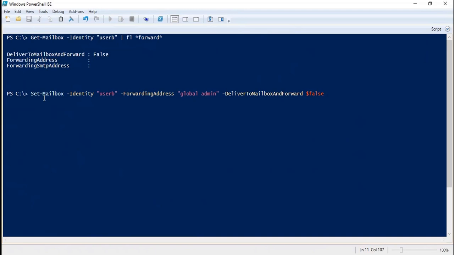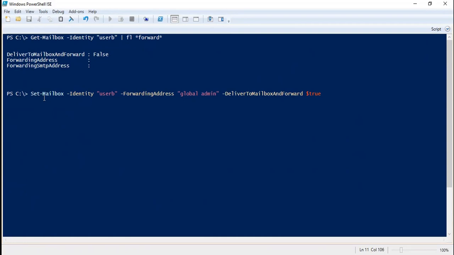You can make it false. So what will happen is, as soon as user B receives an email, that email will be forwarded to global admin. If you change this value to true, in that case, if user B receives an email, a copy of that email will be retained in user B mailbox and then it will be forwarded to global admin.